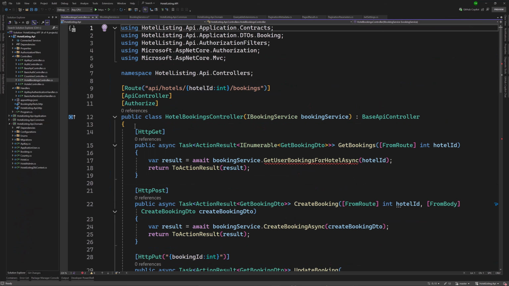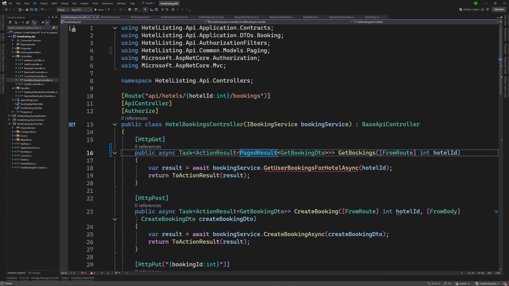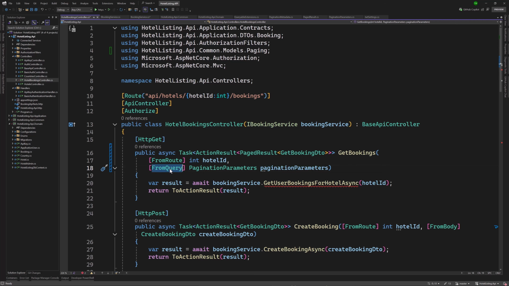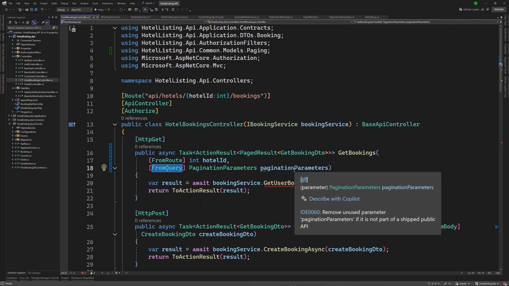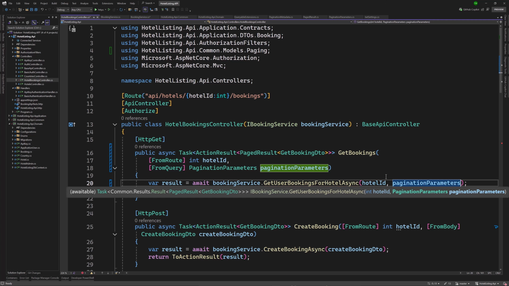So now we're back in the controller and we're starting off in that hotel bookings controller. You see that we have the error, of course, that is expected. So the return type here has to change to page results, but we also need to add some more parameters because we are from root getting just the hotel ID. Well, we also need to get the pagination parameters from query, and we'll see when we're testing what query means, but query is the query string, right? So once this comes in, we need to pass that along to our service method,